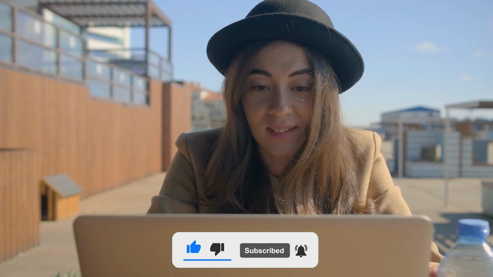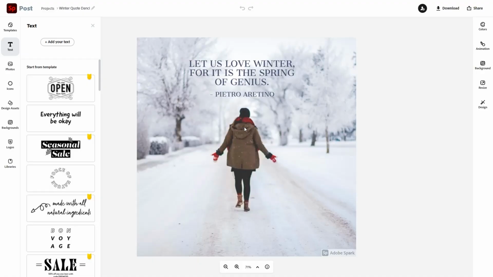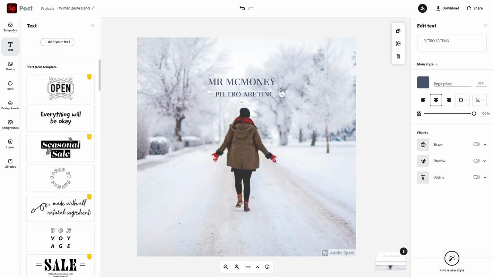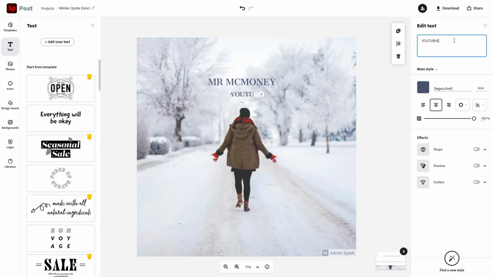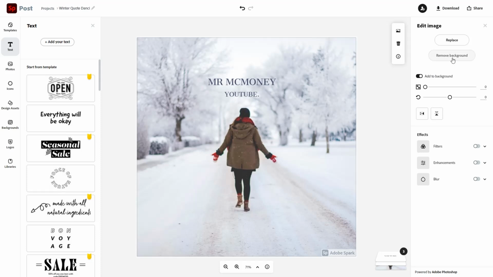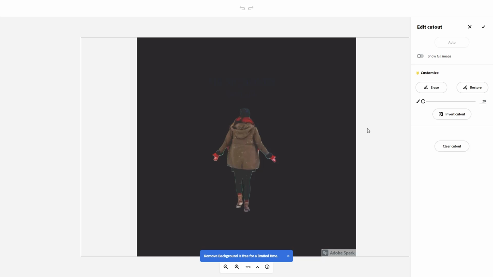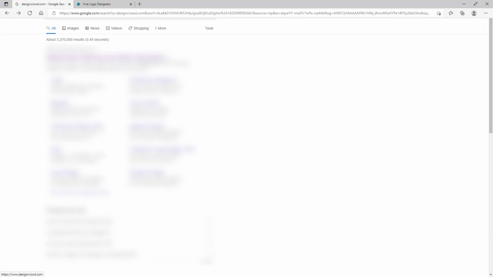Now let's go back. Now let me show you the websites that will pay you hundreds of dollars for those designs that you create with Adobe Spark. This website is where you will get paid for all of the different designs like logo designs, business cards, web designs, flyer designs, graphic designs, which you can all create with Adobe Spark in less than 10 minutes. Excited to know about it? Go ahead onto your search bar and type